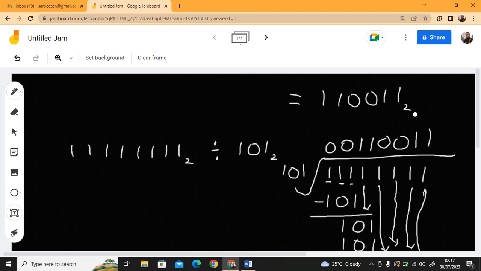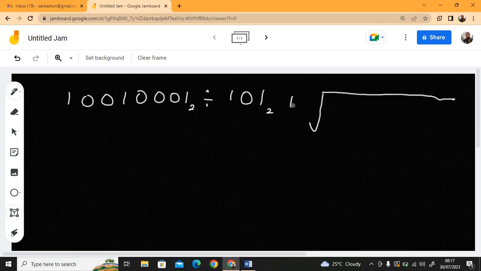Now let's move on to the next one. Let me give you another one again. I want us to understand this very well. Let's assume you are given 1001 0001, and you are dividing it by 101. This is in base 2, and it's also in base 2. So using the long division,